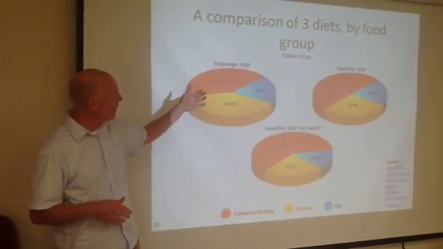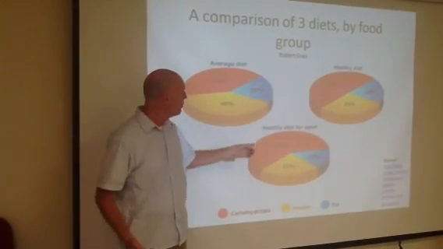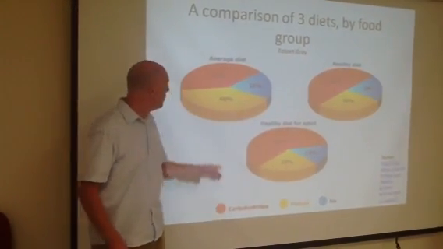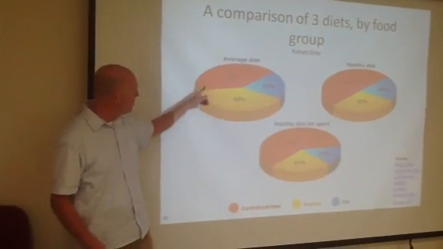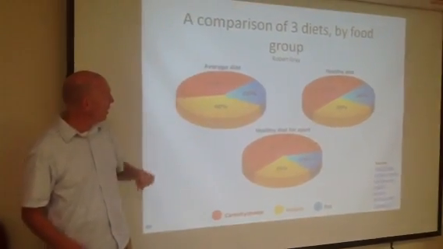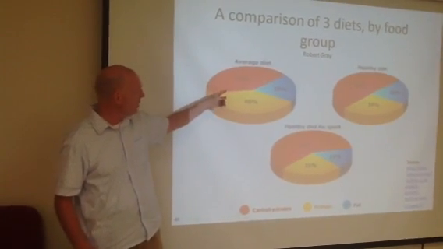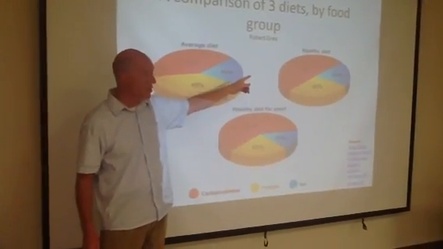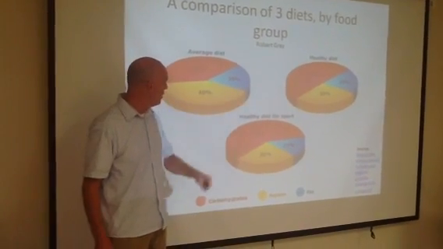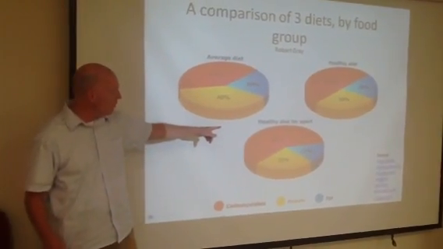We've got an average diet, we've got a healthy diet, and then we have a healthy diet for sport. Now you can see that for the average diet, in the red, we've got carbohydrates, and the carbohydrates comprise the largest percentage, 40% of your average diet. In the healthy diet, the largest percentage is 50% of carbohydrates, and then for the healthy diet for sport, it